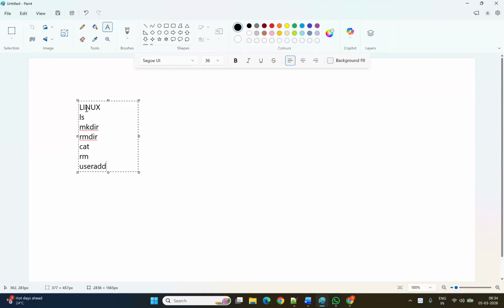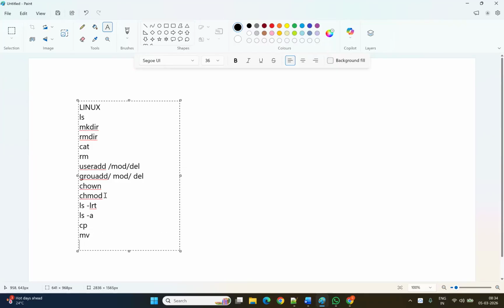useradd, usermod, userdel, groupadd, groupmod, groupdel, along with what we have seen: CHOWN, CHMOD. Am I missing anything? ls -lrt, ls -a, and some other commands we have seen yesterday, like CP,